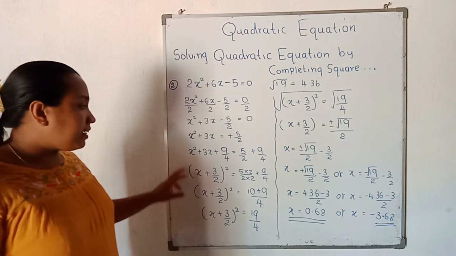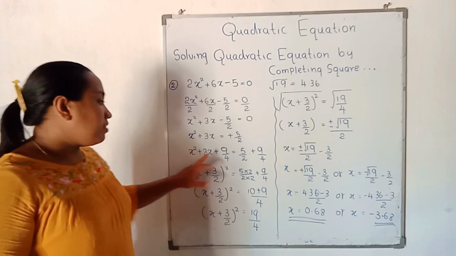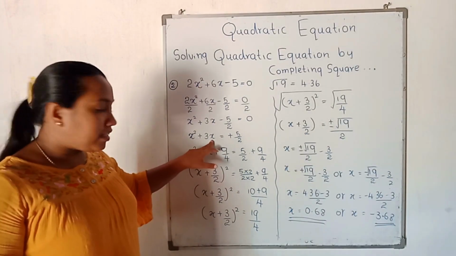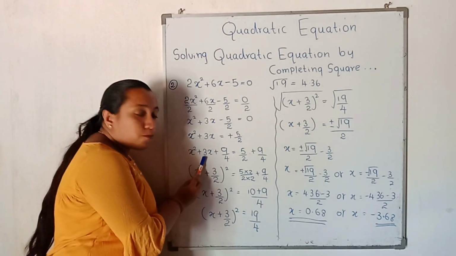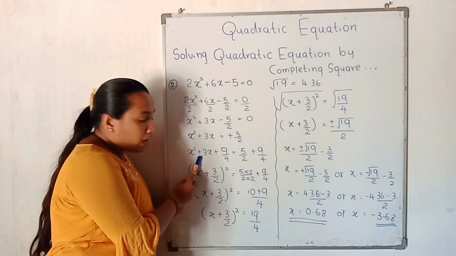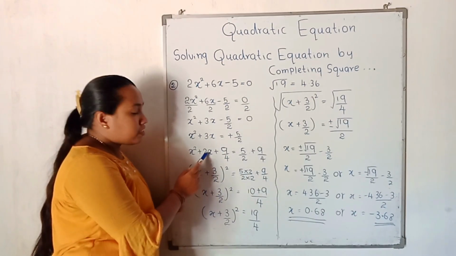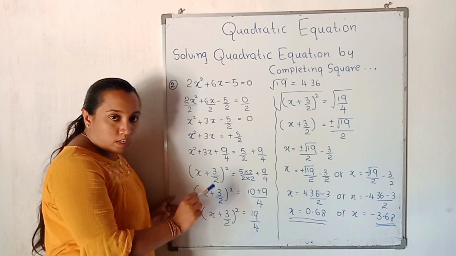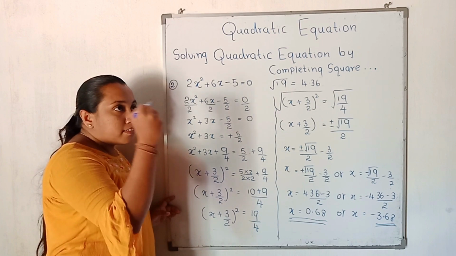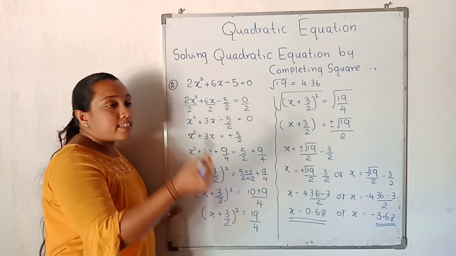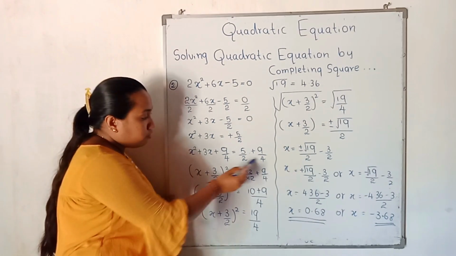After that, to write the x terms as a perfect square, write them as three terms. This contains only two terms, so write it as three terms. Get half of the coefficient of the x term and square it. After that, add it to both sides. Half of the coefficient of the x term is 3 divided by 2. 3 divided by 2 cannot be simplified further. Then 3 divided by 2 squared is 9 divided by 4. Add 9 divided by 4 to both sides.